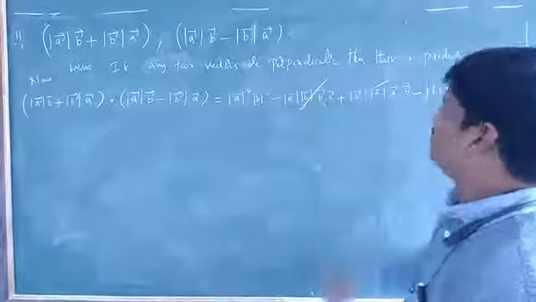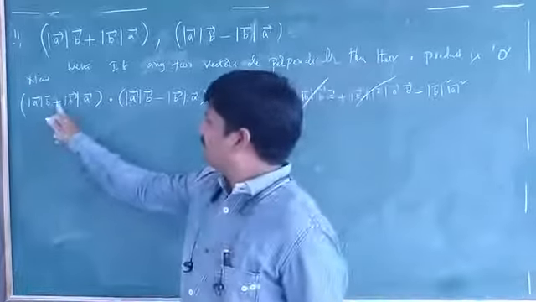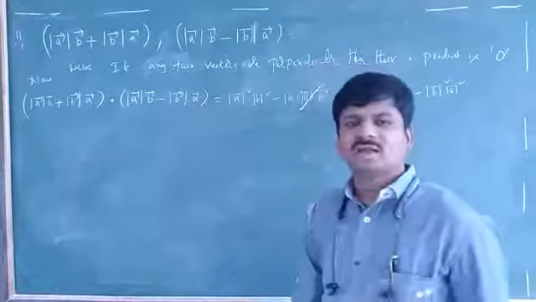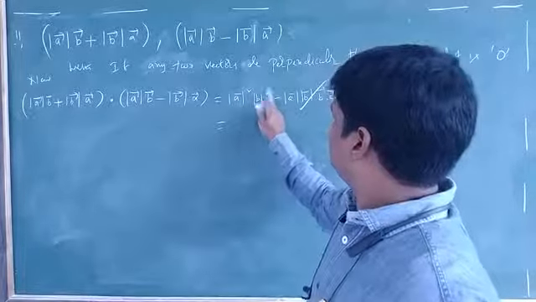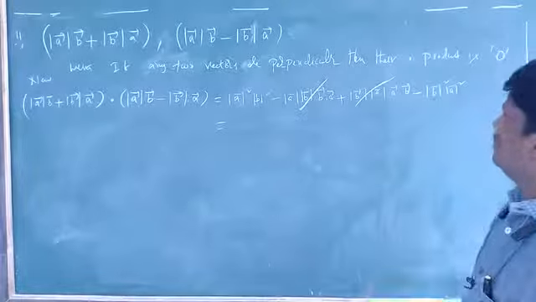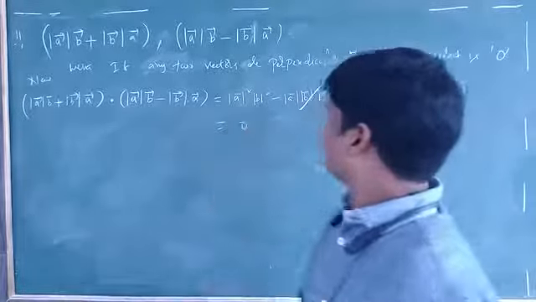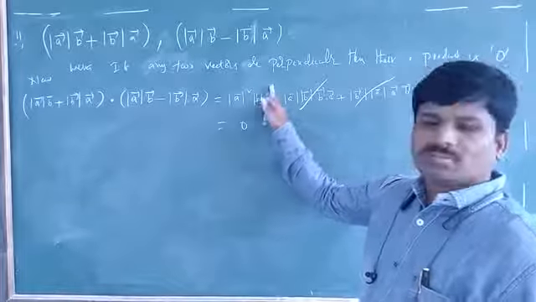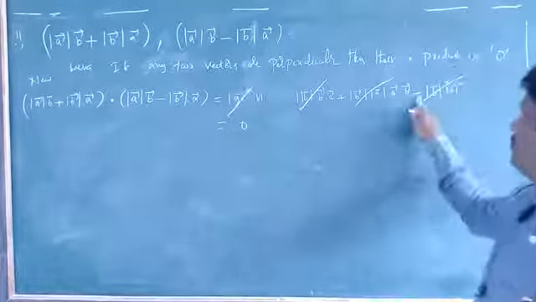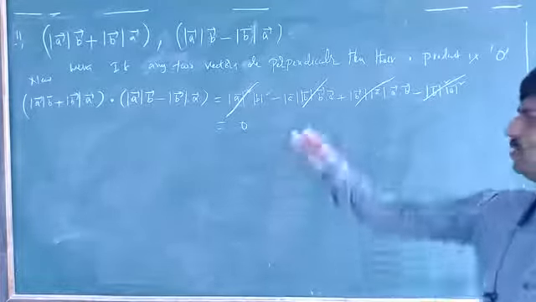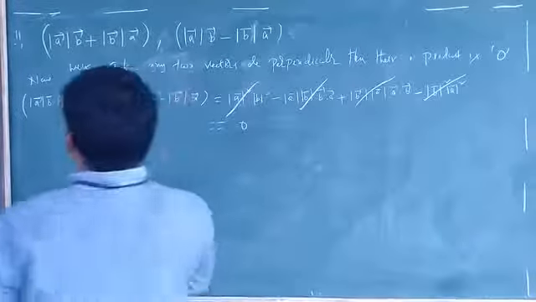Like this also, these two will be getting cancelled. So or else simply take like this: a plus b, a minus b, a square minus b square. So mod a bar square, b square minus mod b bar square, a square. So this value will get the same or not? Same only, 0. Mod a bar square, mod b bar square, or mod b bar square, mod a bar square, both are the same only. Same values only you get. So finally you get that value as 0. Remember, it is question number 11.